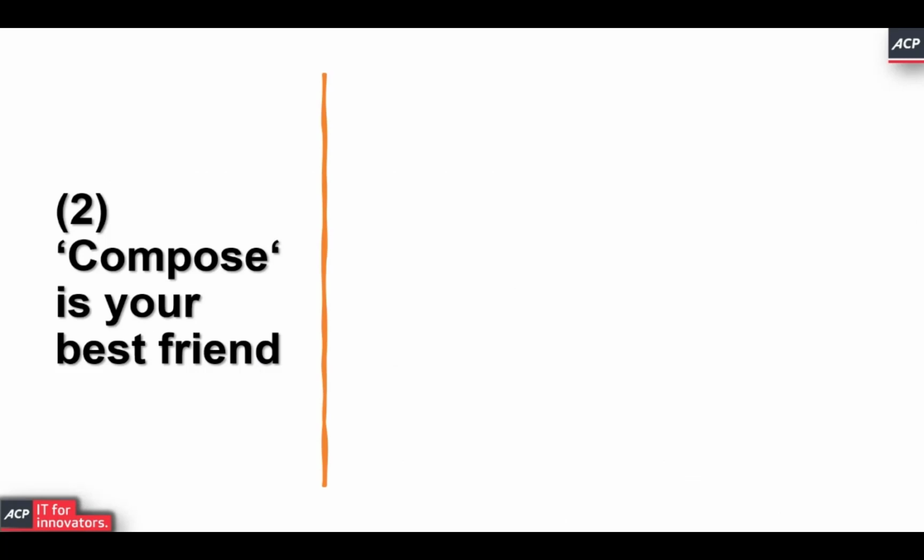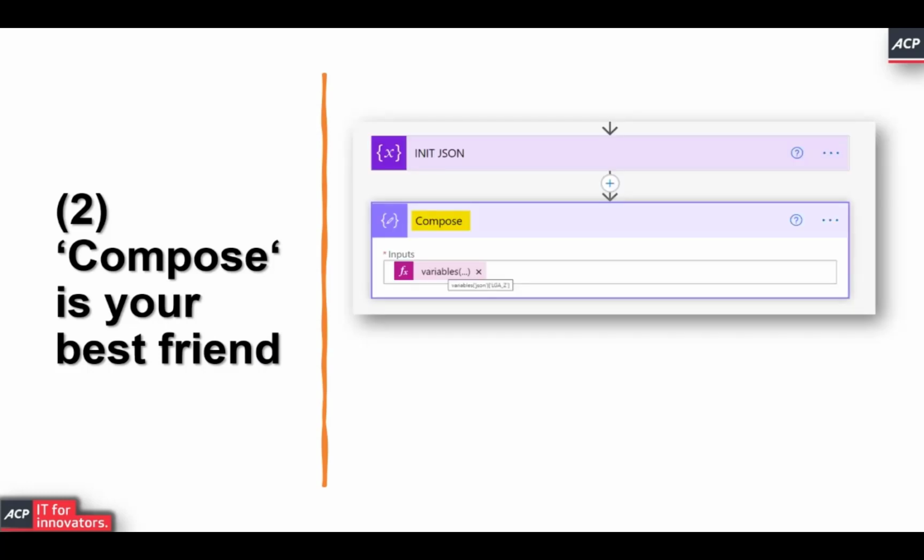The second tip I want to give you is make sure that Compose is your very best friend. Why am I saying this? For anyone who doesn't know what Compose is, basically what Compose does on a very basic level is it's very similar to, for instance, print functions or system out println in Java, Echo, and so on and so forth.